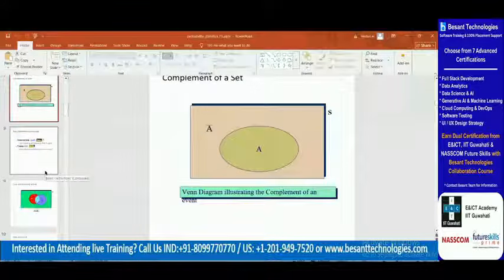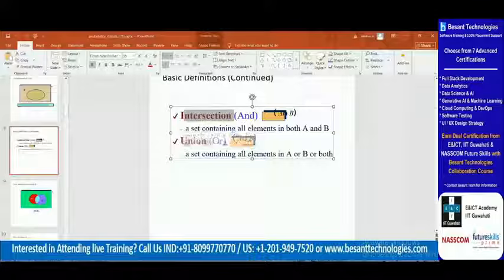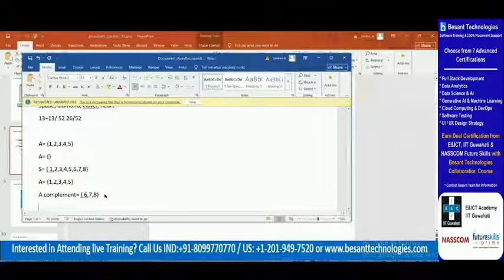Okay, so then you have intersection and union. So let's see what intersection and union are. Now let me take two samples. One is the A sample, which consists of